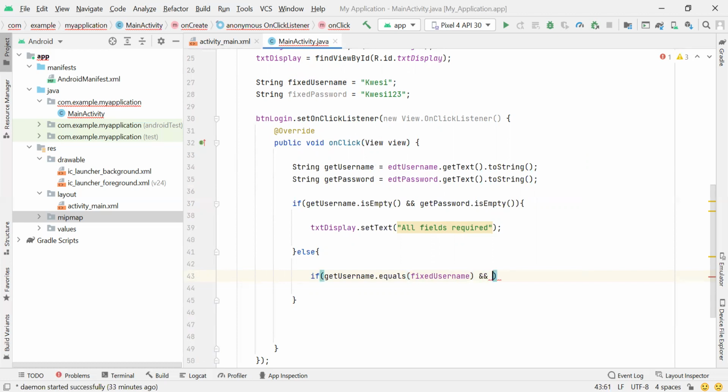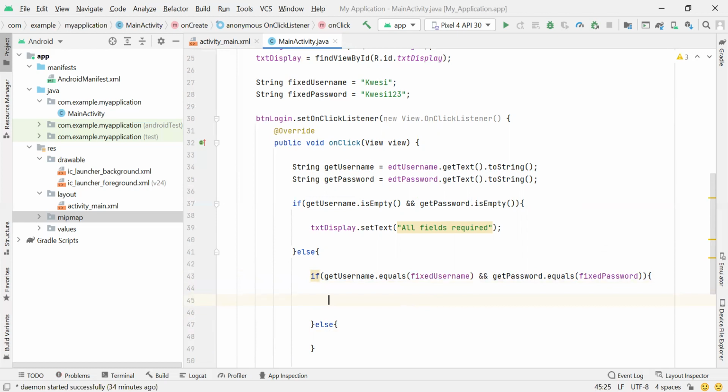And get password dot equals fixed password. And then we're going to do our else statement. So what we're saying here is, if the get username dot equals the fixed username, so we're comparing whatever the user has entered to whatever fixed username and fixed password we have, we want to,